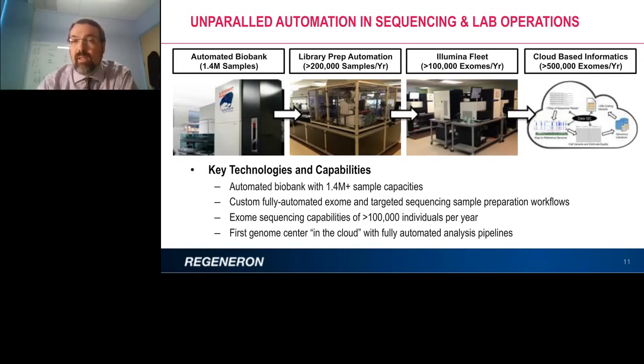And then in terms of the cloud-based informatics, which I'll talk quite a bit about, really, that has been a huge enabler for us in terms of the rapid scale-up. We've done some scale testing. We know that the system, as we have it in place now, will bear at least 500,000 exomes a year, and we're quite comfortable with moving into 1 million and beyond when we can get there in terms of sample flow and sequencing. I do want to point out that we were really one of the first genome centers to